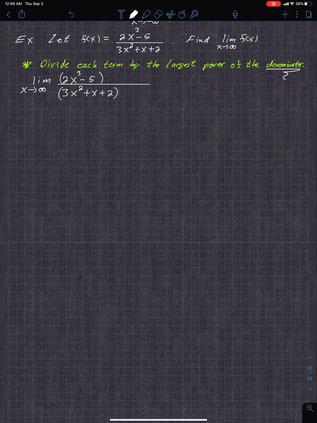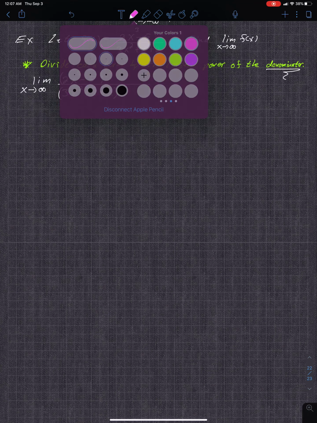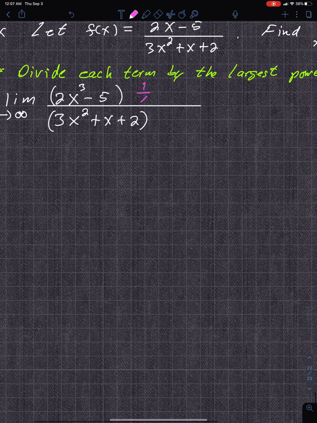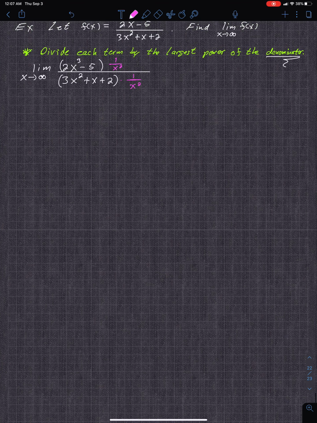And so what we're doing then is we want to multiply by 1 over x squared. And then 1 over x squared. That's what I mean by like divide by it. So you divide by, but you multiply by a fraction to make it easier on you. So do that